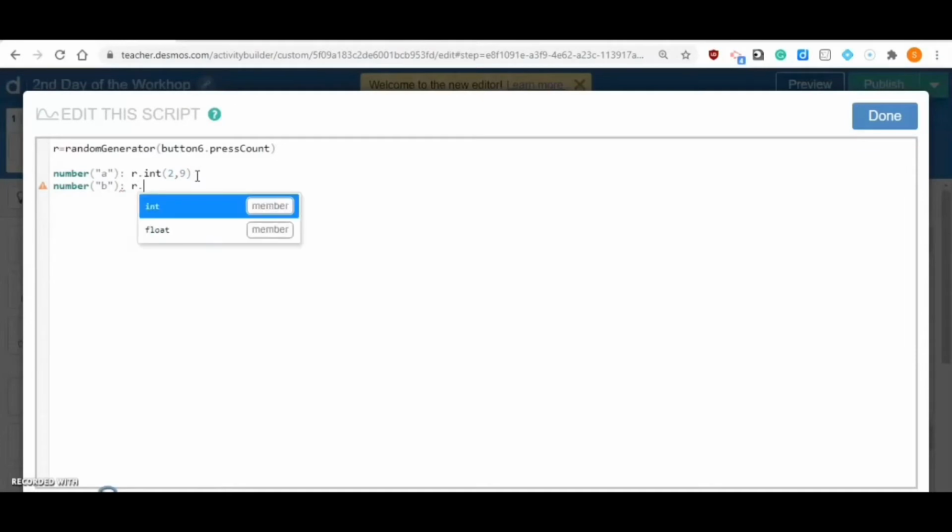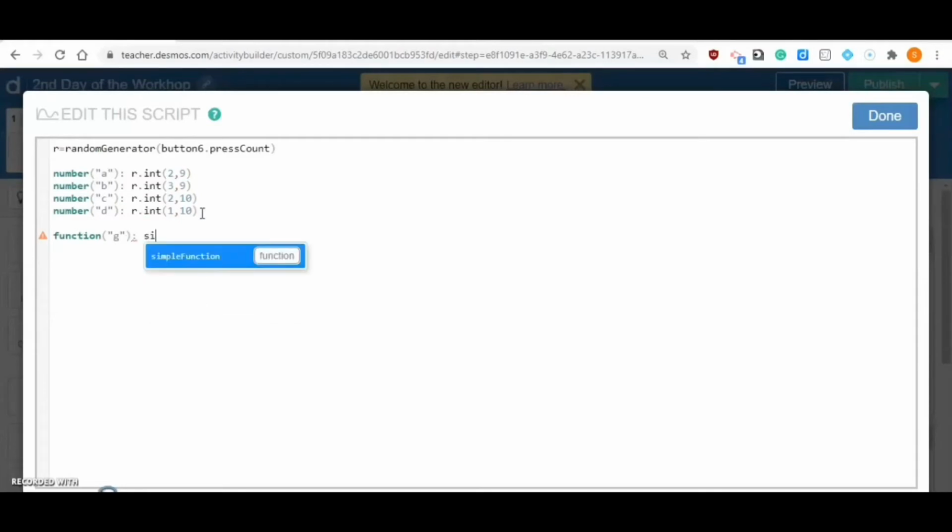Similarly, you can have number B, R dot integer, maybe 3 to 9 or 3 to 8, whatever. Number C. So remember these numbers which we want to change each time. Okay, so that's how you can generate 4 numbers. Similarly, number D. And now I need a function which I used as G, because the students will enter this